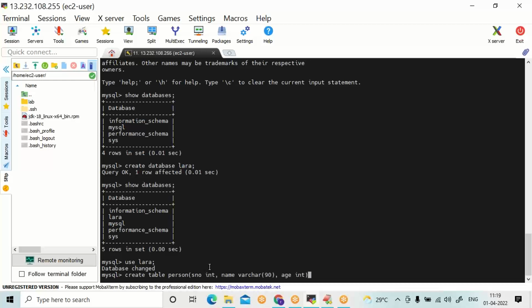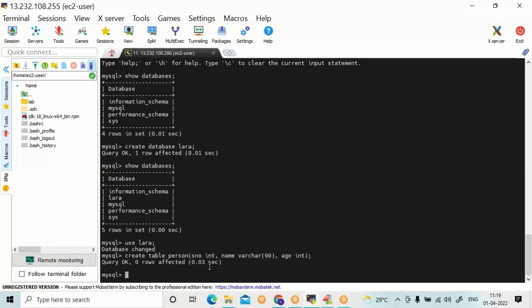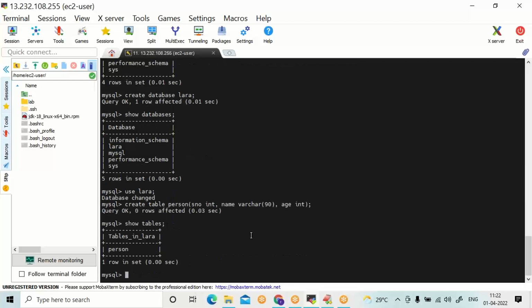A simple create table. After knowing SQL, this is not at all difficult. Now show tables. Press enter. Only one person table is there.